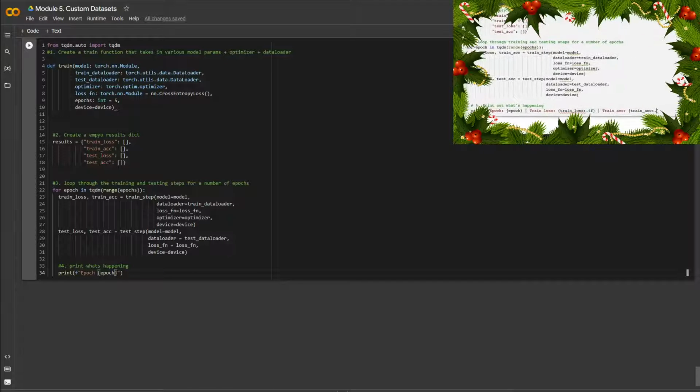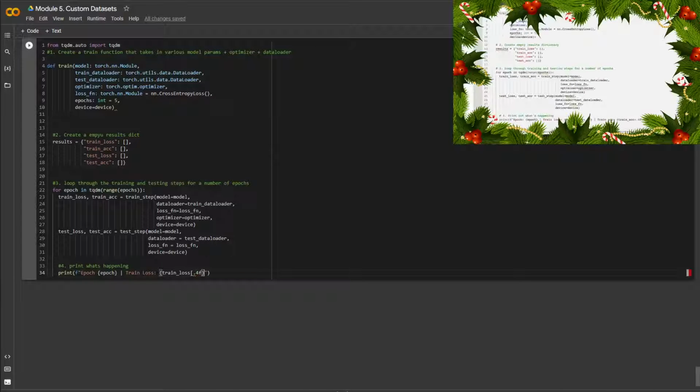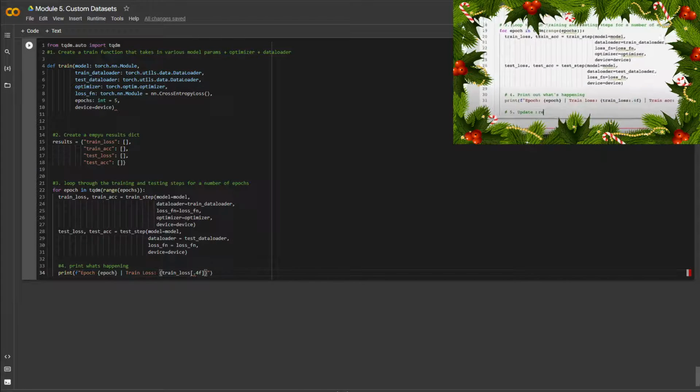We'll get that to 4, maybe 3 decimal places, just so it looks nice, looks aesthetic. And then we'll go test loss. We'll get that coming out here, and we'll pass in the test loss. We'll get that to 4 decimal places as well. And then finally, we'll get the test accuracy. So a fairly long print statement here, but that's all right. We'd like to see how our model's doing while it's training. Beautiful. And so again, still within the epoch, we want to update our results